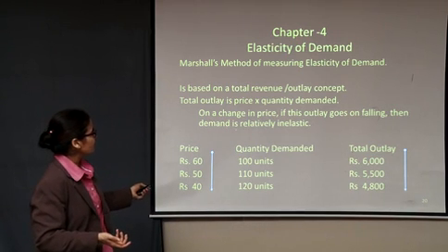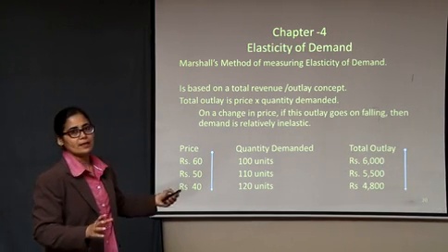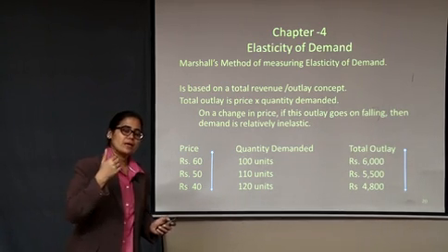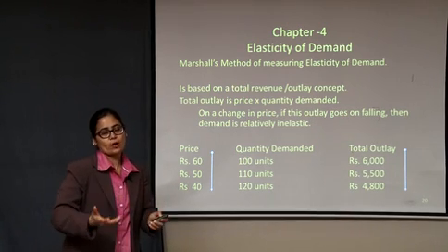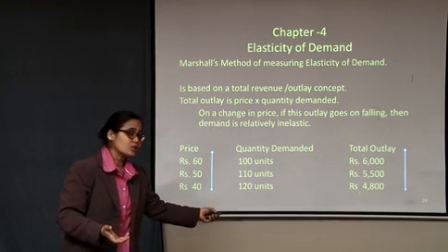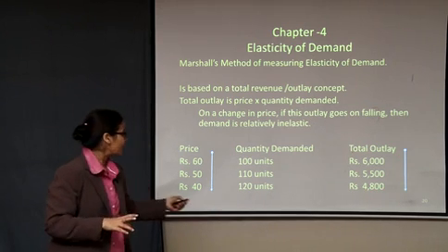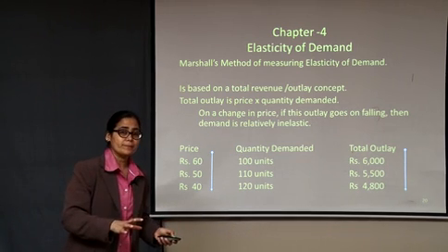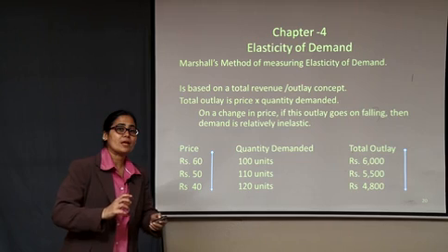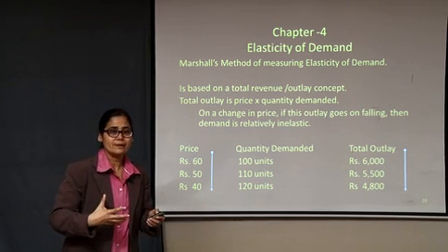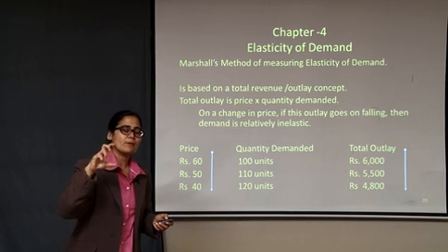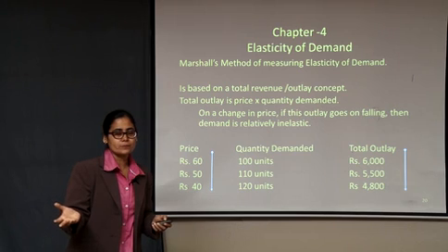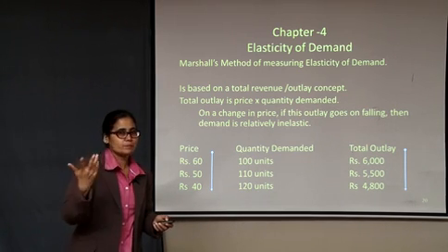So what do you declare it? It's a case of relatively inelastic demand, which means that when the price is falling, the market demand is responding to that fall in price, but the total expenditure is also decreasing. So there is a fall in expenditure because of the fall in price. This happens when the prices start falling and people are not buying much more than what is required. So if you were ordering a glass of tea which was costing you 10 rupees, and you ordered 3 glasses of tea, you spend 30.